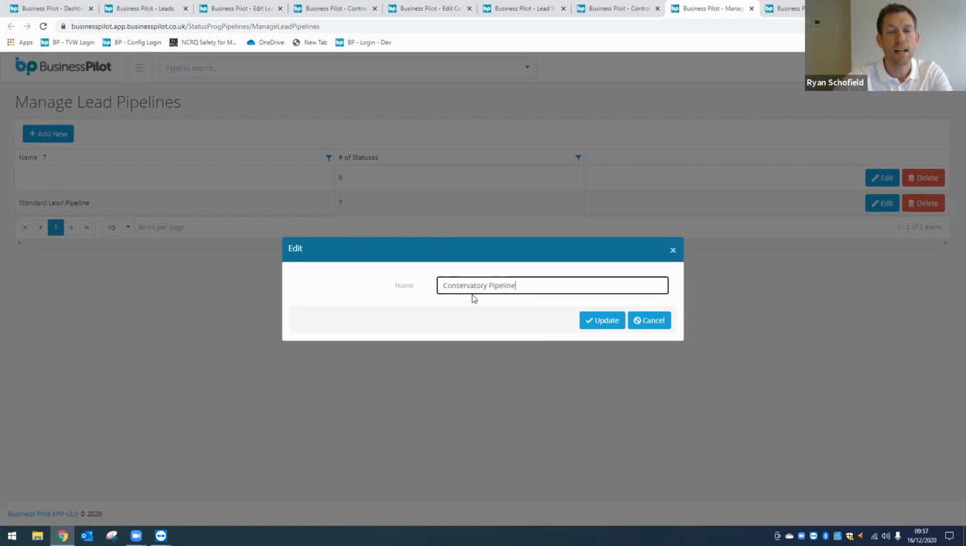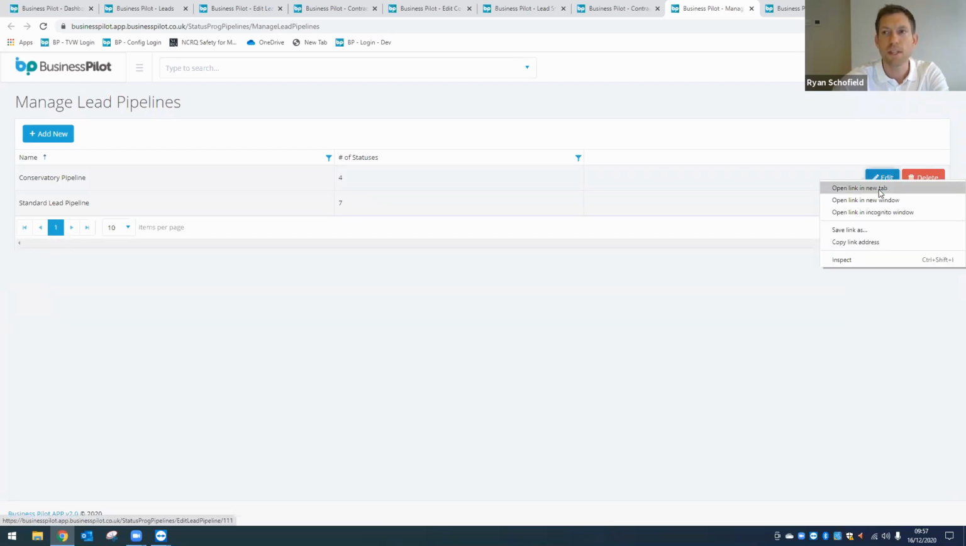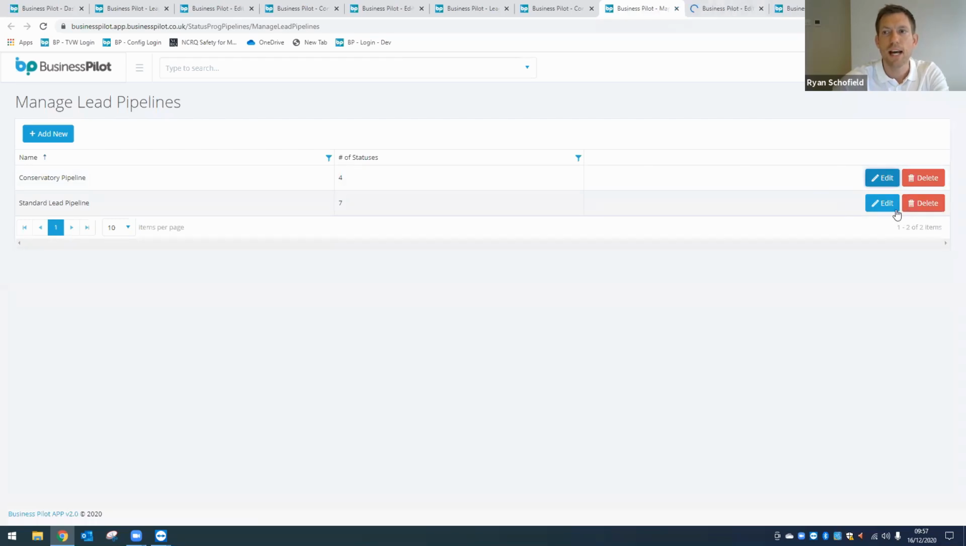We can add in a different pipeline. If we hit update, that will automatically create us a secondary lead pipeline here. I've called this conservatory pipeline, potentially to manage a different type of lead. You will see here that it immediately has 4 statuses attached. Now, if I click through into that pipeline,